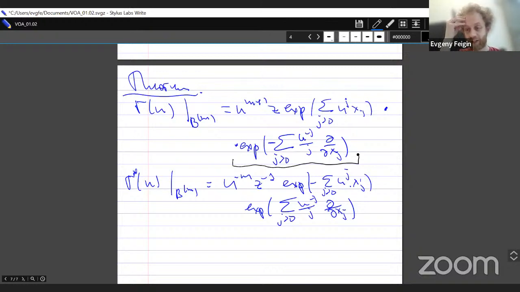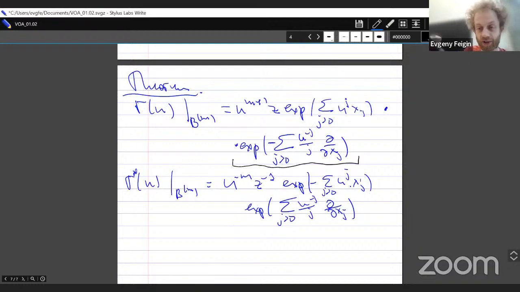Therefore this is a polynomial in u with coefficients also being polynomials. In the second identity it's z inverse,